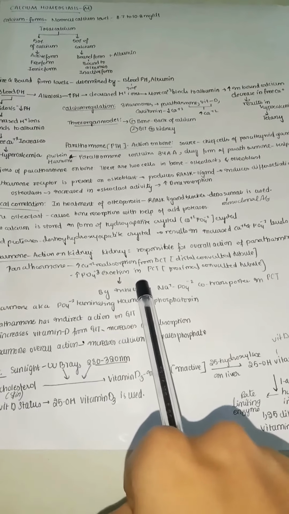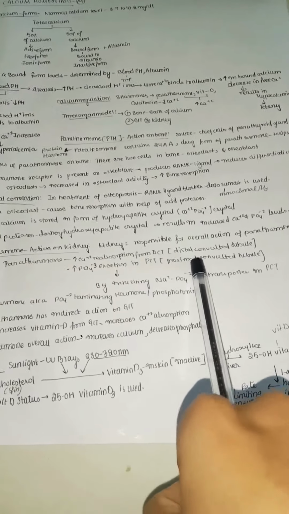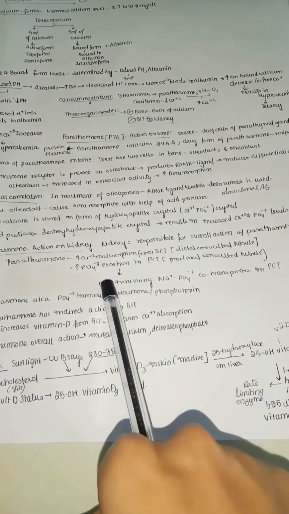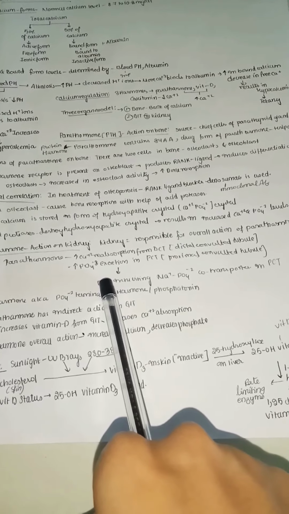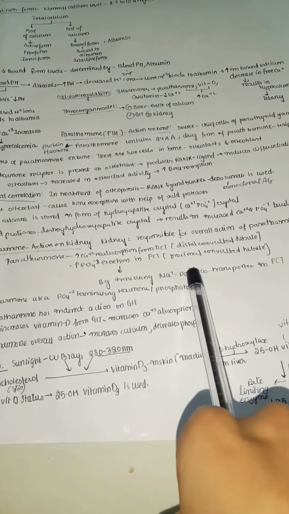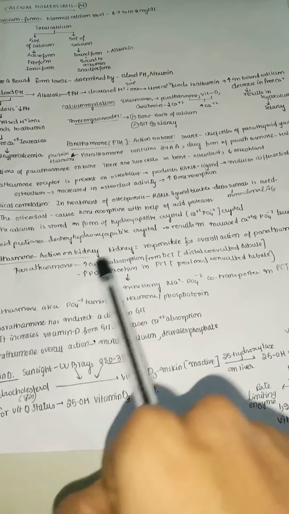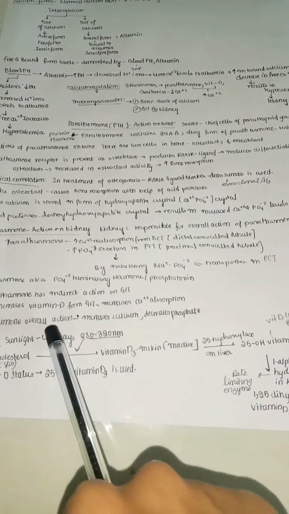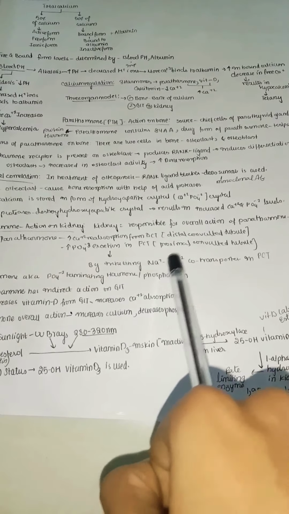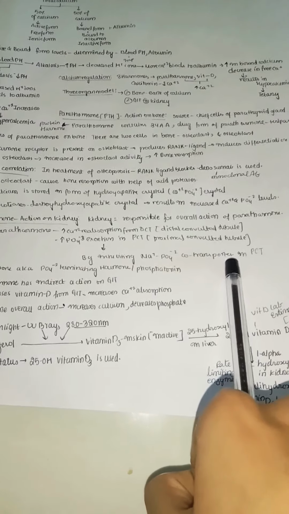Parathormone increases calcium reabsorption from the distal convoluted tubule, and at the same time it also increases phosphate excretion in the proximal convoluted tubule. So you can see calcium is getting reabsorbed and coming back into the blood, whereas phosphate is getting excreted out, by inhibiting the sodium phosphate cotransporter mainly in the